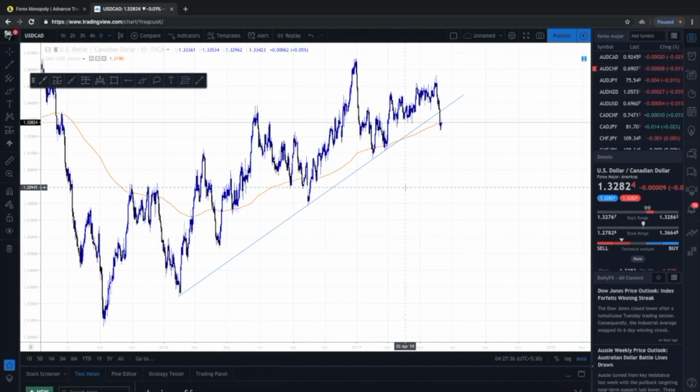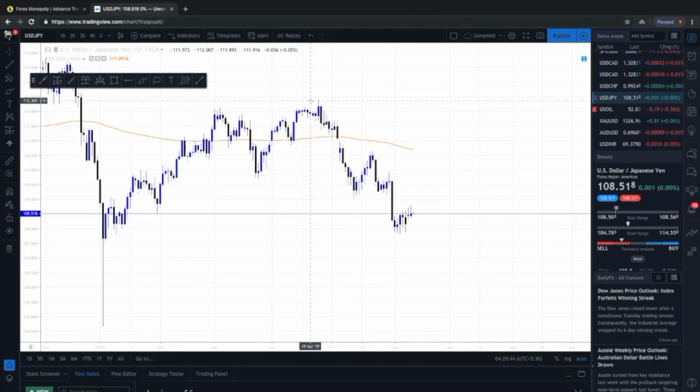Just make sure whenever you draw a trend line, always cover the wicks of the candle properly. And one more important thing is, for a trend line to be valid, you need at least 2 touch confirmations. The 2 touch confirmation means that the price should have touched the trend line at least 2 times. For example, here the trend line is valid because the price has touched the trend line 2 times. That is, this is the first time and this is the second time. So after this point, any trade you take with the help of the trend line is a valid trade because the trend line is valid.